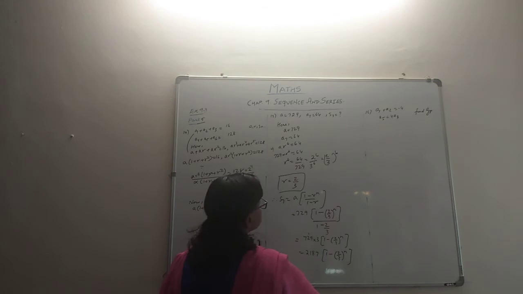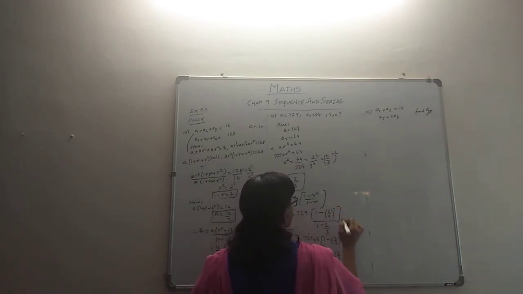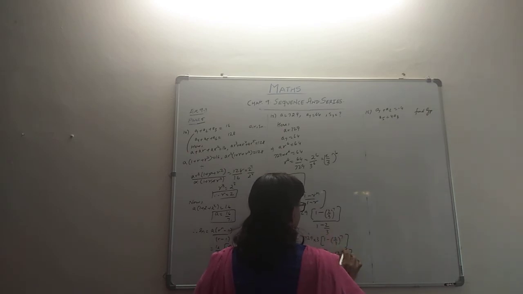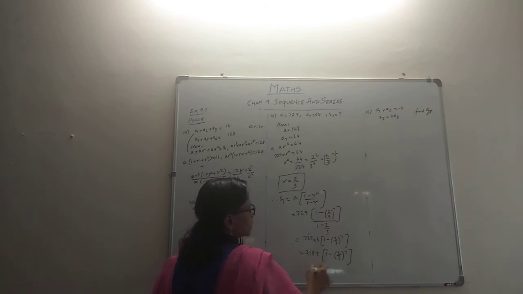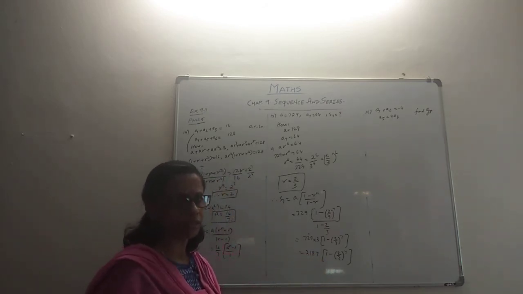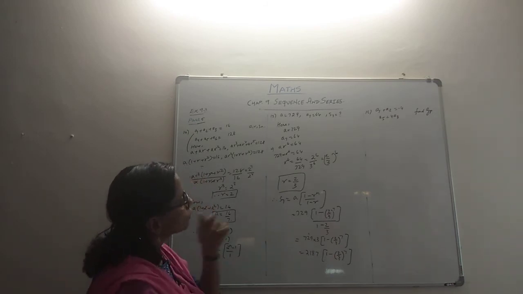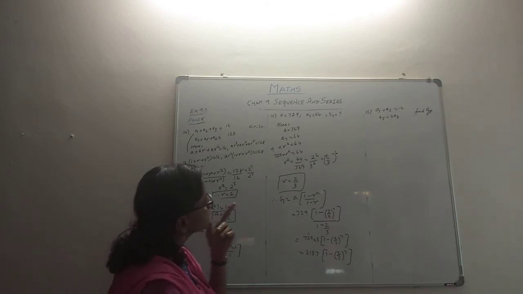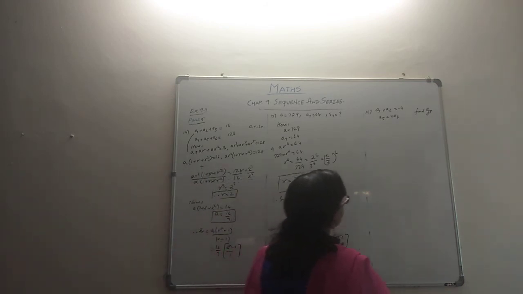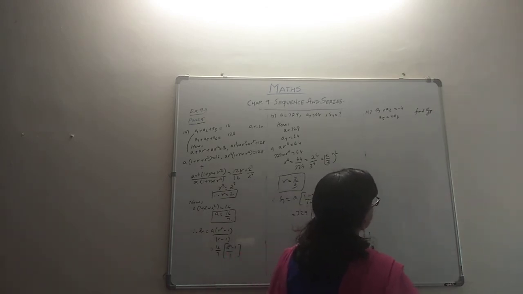Oh, 7, yeah, I'm sorry, this is 7. Now if you want, we can solve it further and get the simplified value, or you can leave it like that and get the working done. So that's about S7. Then we quickly move to the next part, which says that the sum of first two terms is minus 4, and the fifth term is 4 times the third term. You have to find the GP.